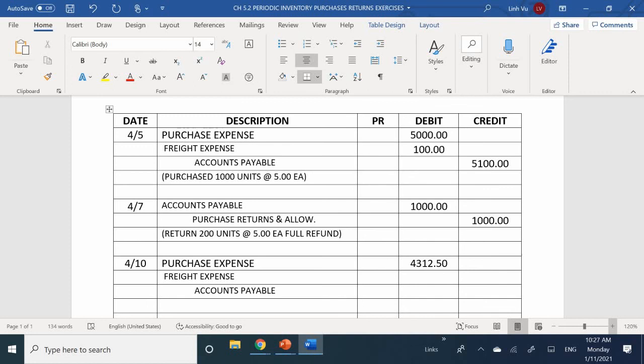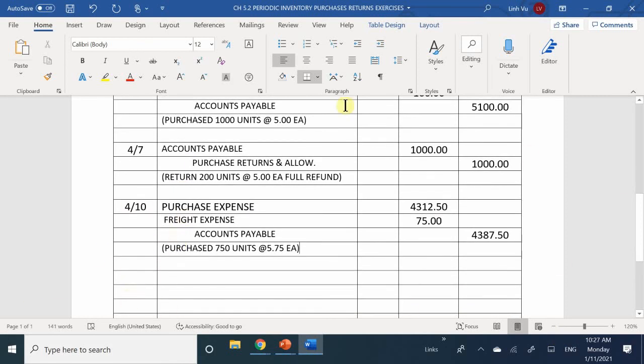Okay, and then how much was freight? 75. 75, bringing my grand total to 4,387. And of course, I'm going to make a note here that I purchased 750 units at $5.75 each. This is also going to make it a lot easier for you when you're journalizing your transaction. You can pop up here and see, okay, I originally purchased it for